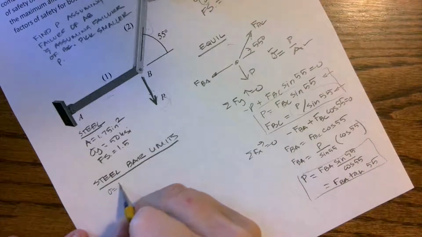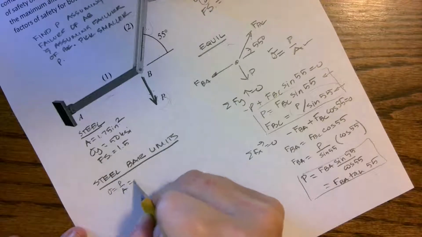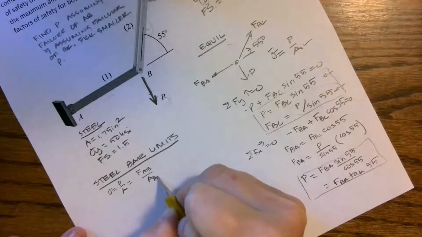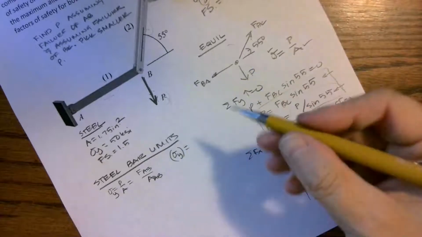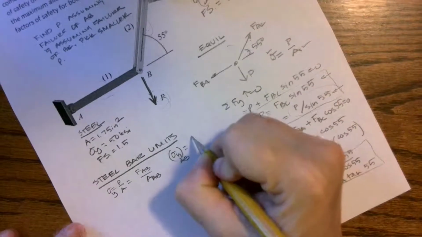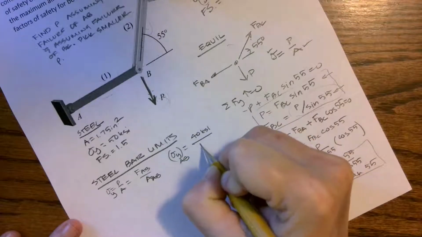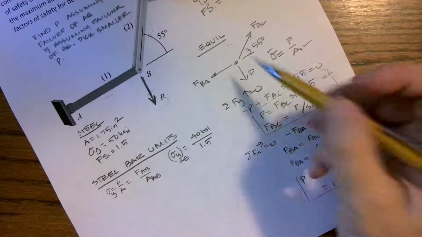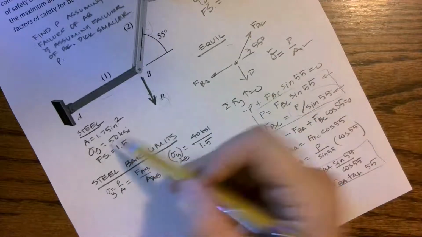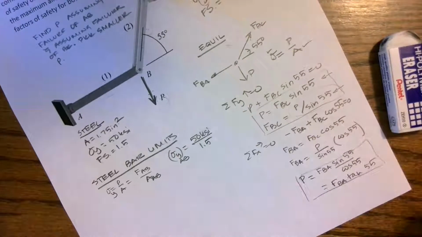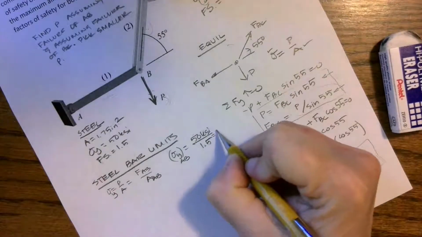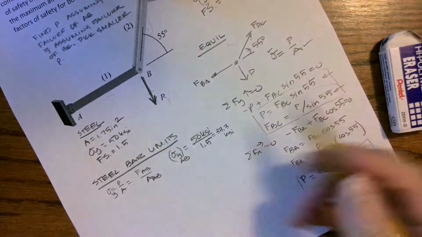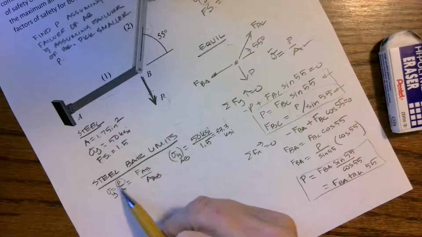And I know that stress is P over A. And really that's going to be the force in AB over the area of AB. And I know that this allowable yield that we can use is going to be 40 KSI over 1.5 because we're reducing it with our factor of safety. We're working with steel, so I can divide 50 by 1.5. I'm going to get 33.33. Okay, and now that's the stress that I can work with when I'm trying to figure out that load P